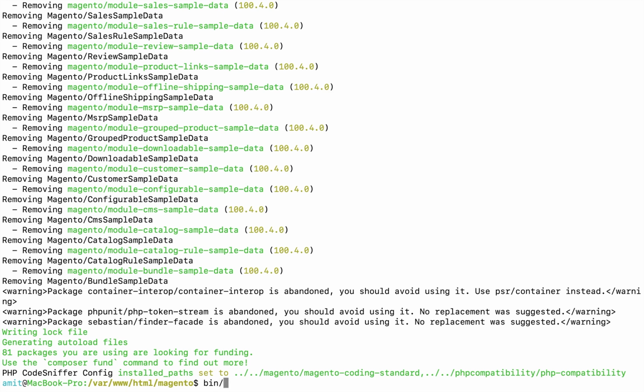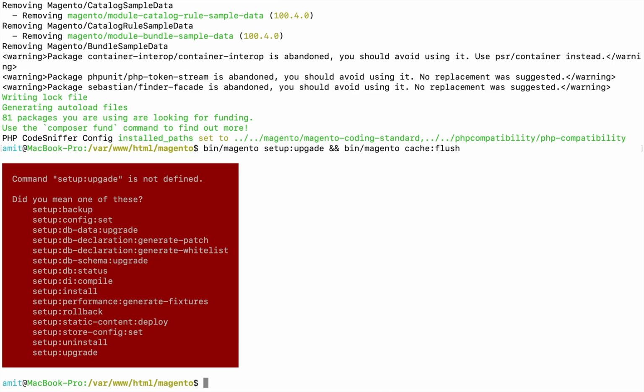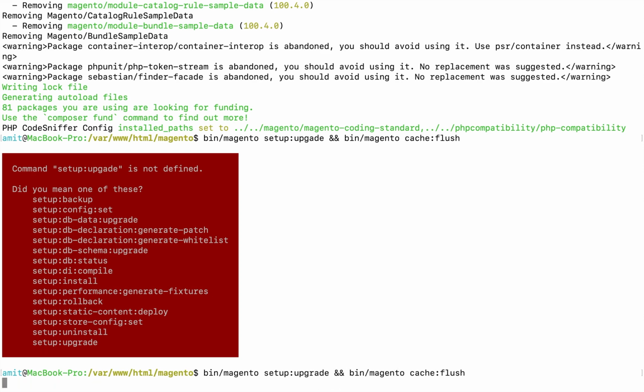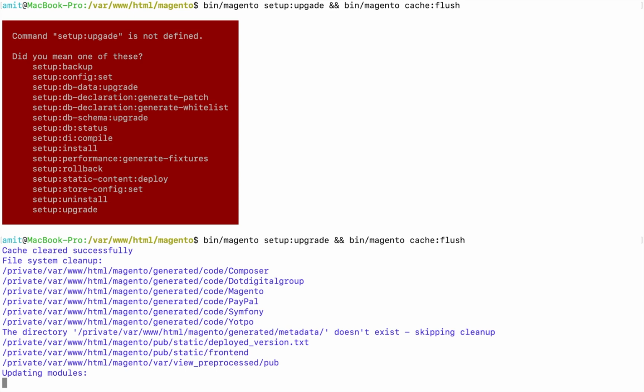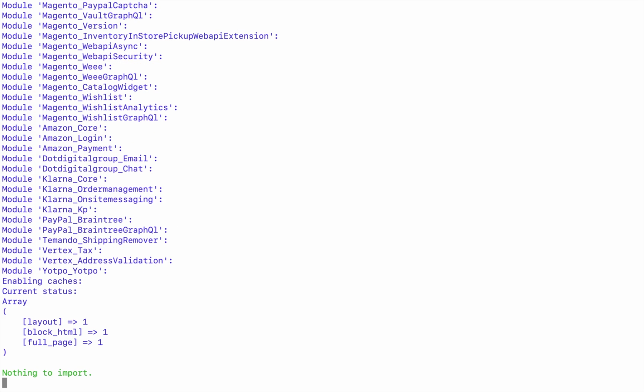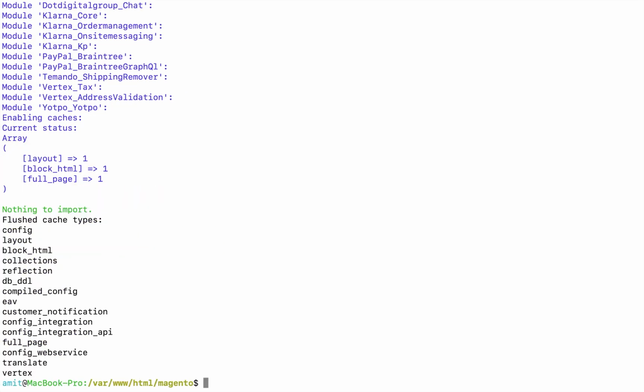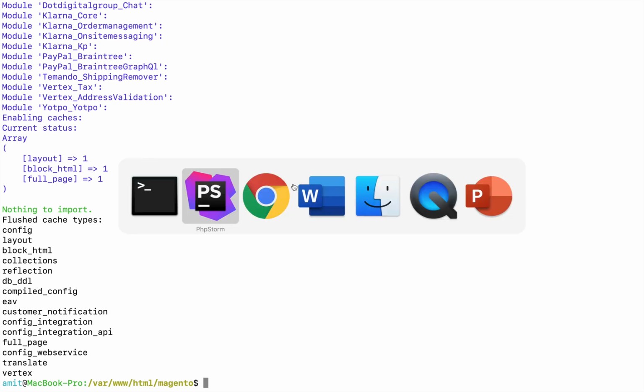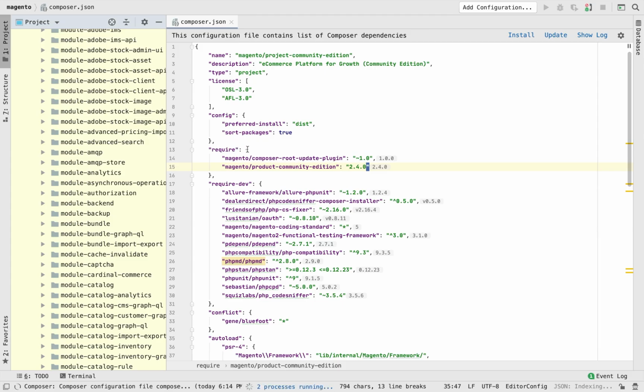Next, run the setup upgrade command again and cache flush command as well. I made a typo here. And it's done.